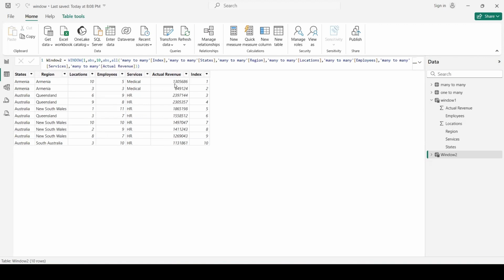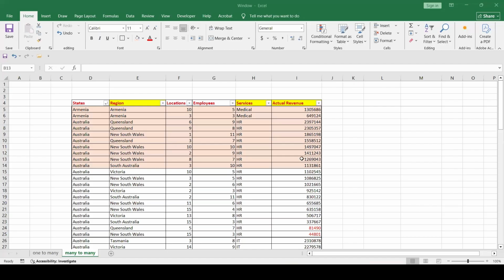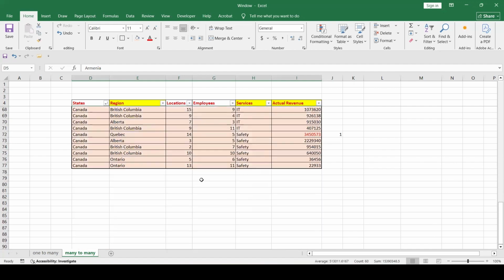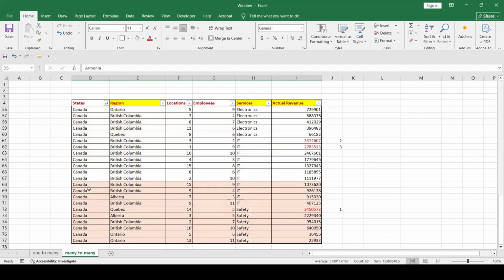So we have the first 10 rows, and if we check in our Excel file, we have 1.36, 2.3, 2.3, 1.8, 2.3, 2.3, 1.8. So actually we have exactly the first 10 rows, and very easily we can go here and get the last 10 rows.